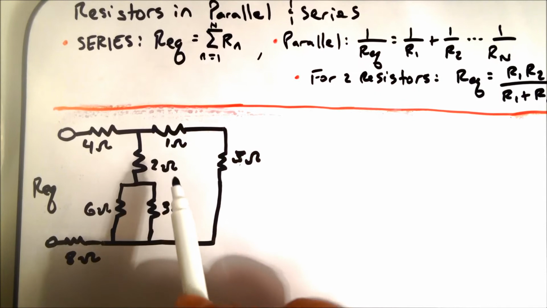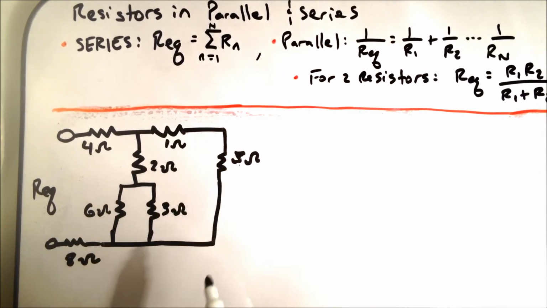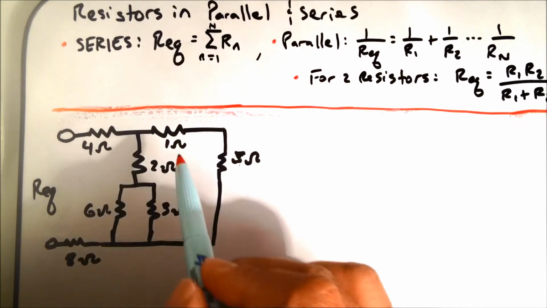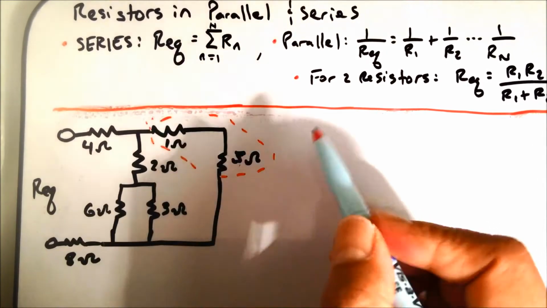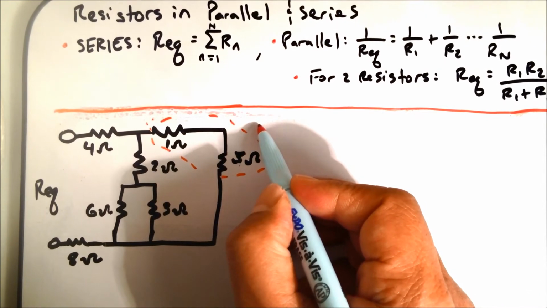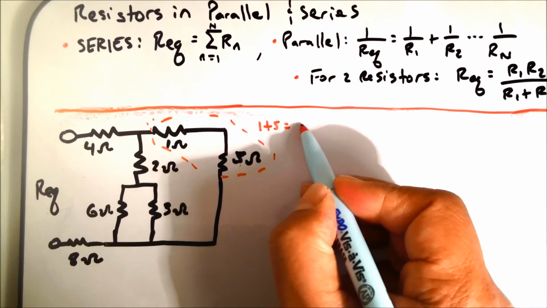As we mentioned before, here we have two resistors in series, the 1 ohm and the 5 ohm. Let's use a different color pen here, how about red. So these two resistors are in series, so that equivalent resistance is going to be 1 plus 5 ohms,